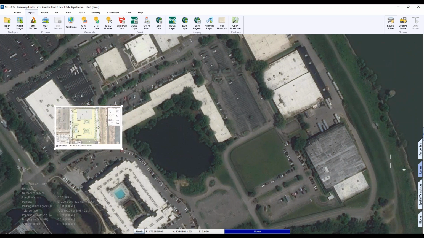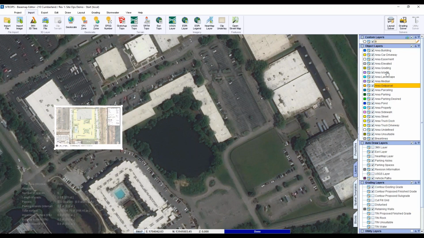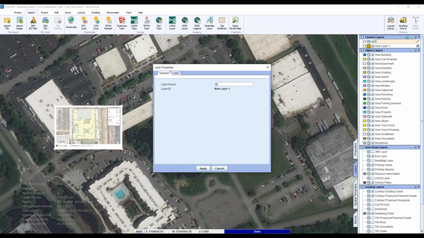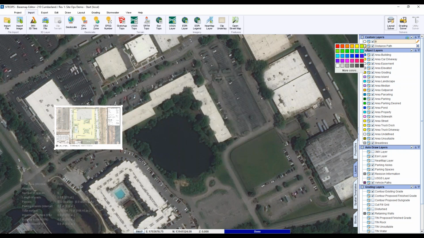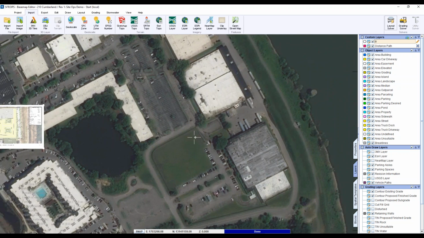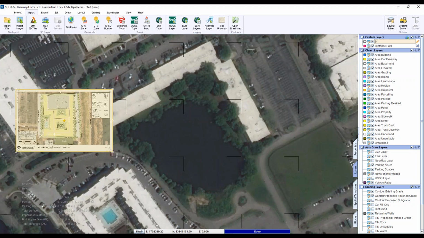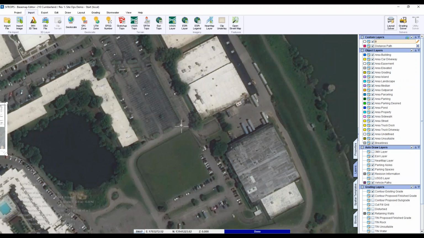So in order to do that, first we need to create a layer. They're up here, and we're going to call this layer distance path, because it's going to give us our distance path. And we'll make it a nice bright color so we can see it. All right, so the key here is to find two common points as far apart as possible in order to create the same scale and reference. So two nice clear points.